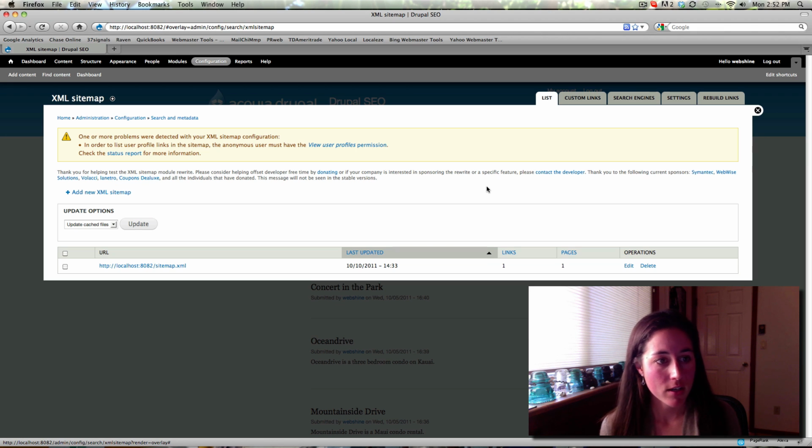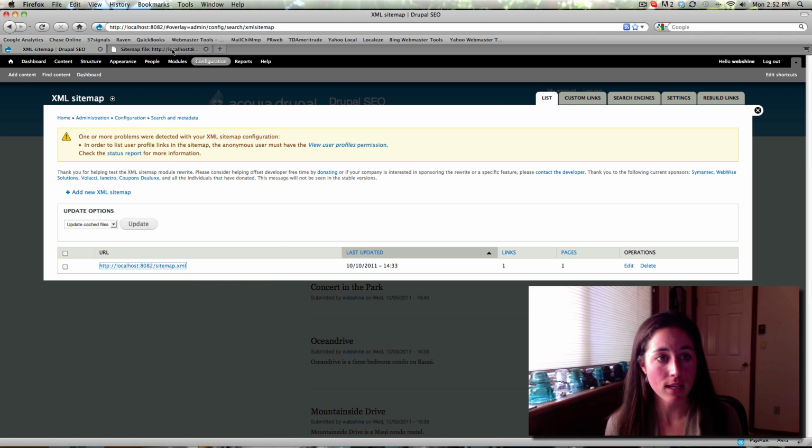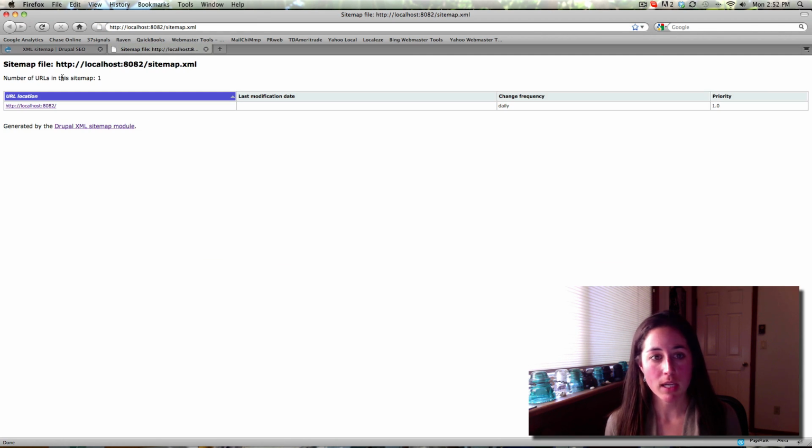So when I arrive here, I have an automatically generated sitemap.xml. So I'm going to go and take a look at what that looks like. And I can see basically the only page that's been added has been the home page, and it's been set to a priority of 1 with a change frequency of daily. This is a great start for the XML sitemap, and I'd recommend you keep the home page set at 1 and make this the only page set to 1,